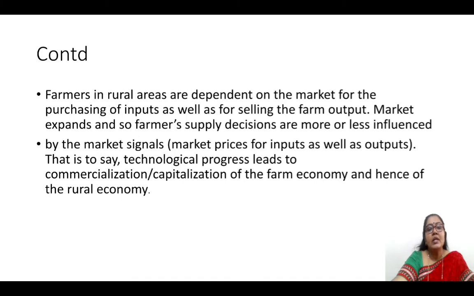So farmers in rural areas are basically dependent on the market for the purchasing of inputs as well as selling of the farm output. So the market expands, and so farmers' supply decisions are more or less influenced by the market signals, that is the market prices for inputs